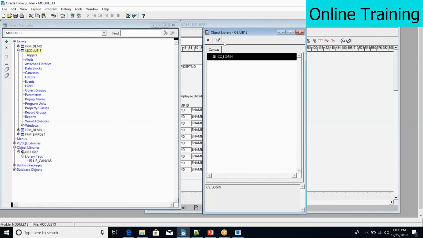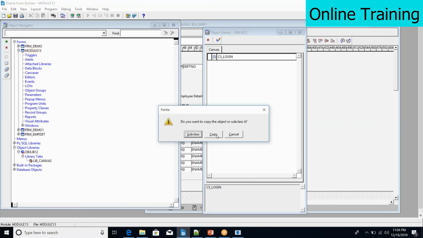So when you subclass it, whenever the object library is changed, the effect will be there in the module, in whichever forms you have created under your screens. Say 10 screens are there with login screens everywhere. It will look common everywhere, with the same height and width of the columns, and the look and feel will be common when you subclass it. Or when you say just copy, it will not have any sync with the